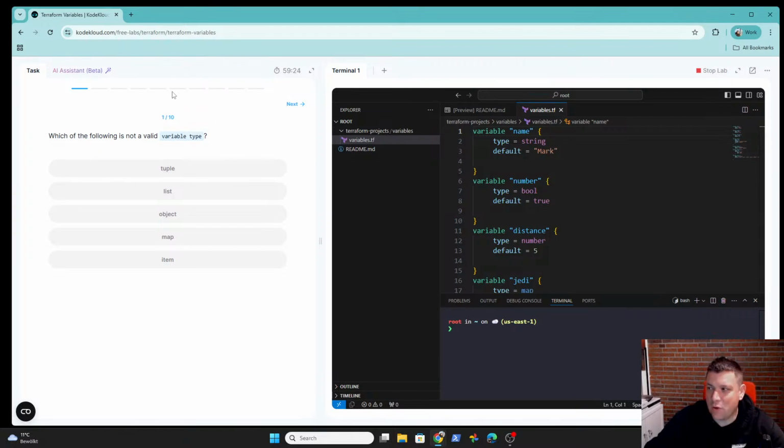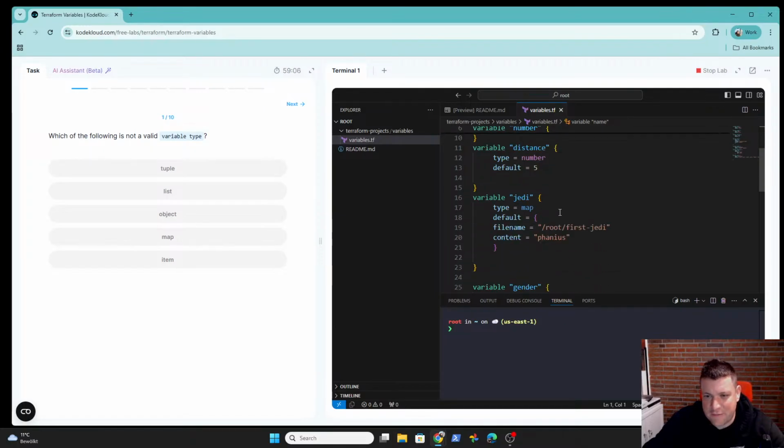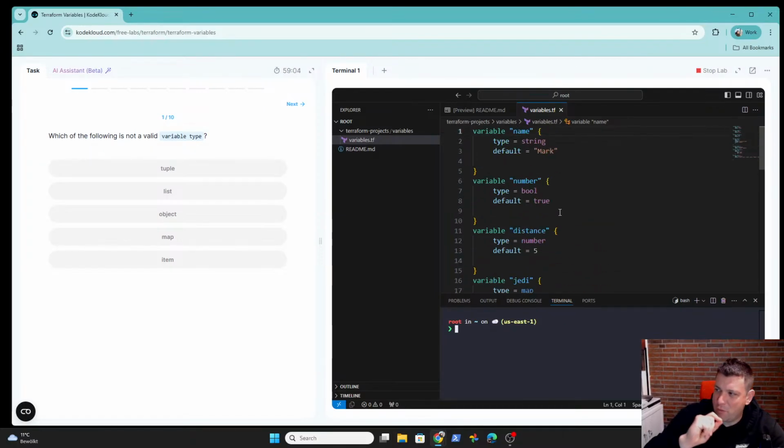The lab is quite good. On the left side, you got the questions. On the right side, it's like a full Visual Studio Code with all the Terraform plugins installed. So it gives a bit of fun in coding using it. You can start directly, and you don't have to configure anything on your computer, which saves a lot of time and keeps your learning focus on what's most important, learning the variables. And let's check what they have.